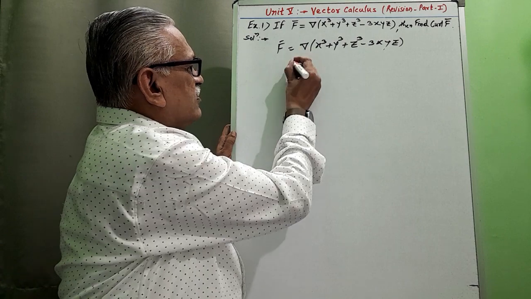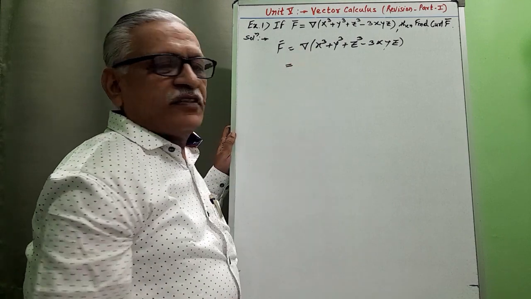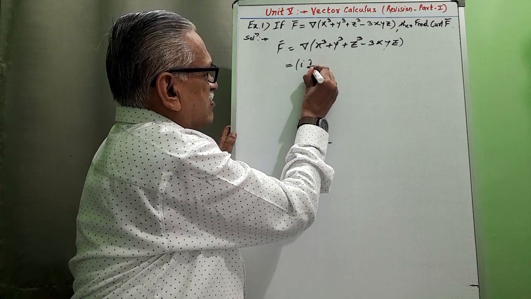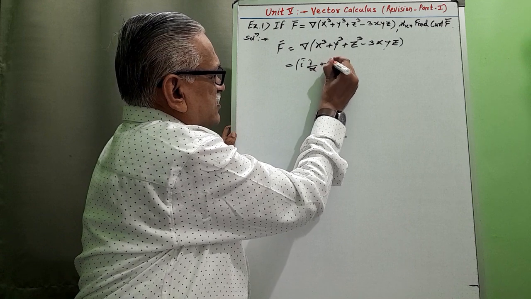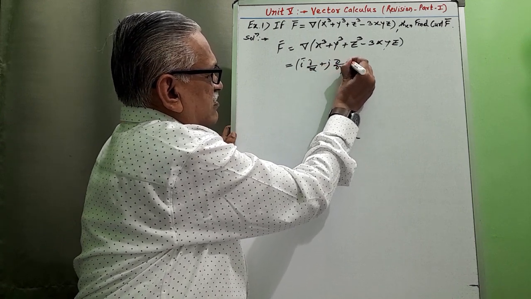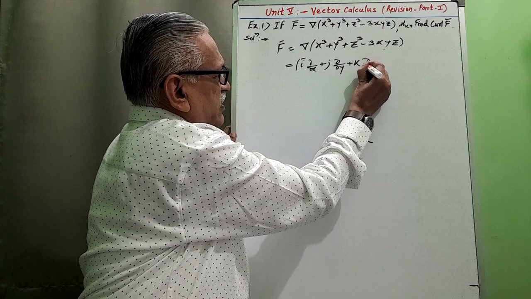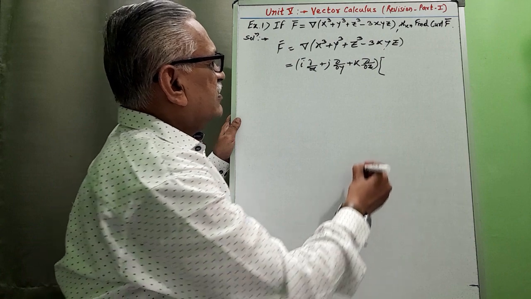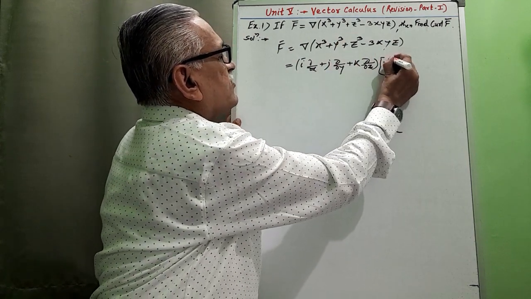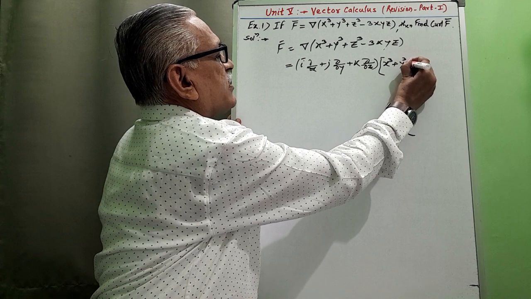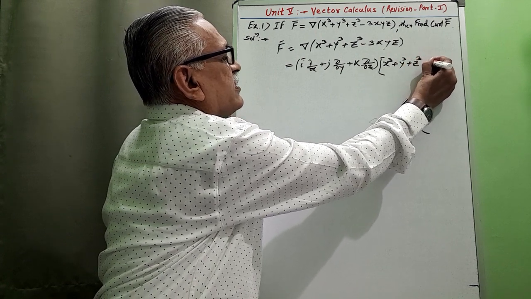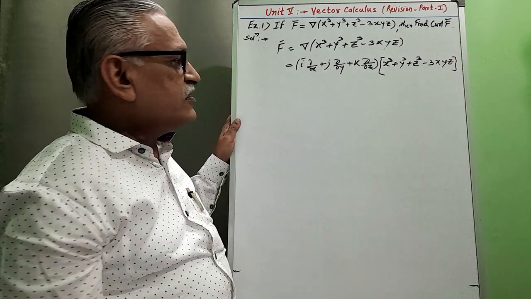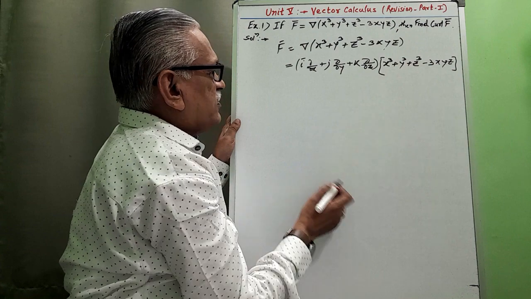and therefore as per definition of this del operator is i dou by dou x plus j dou by dou y plus k dou by dou z, which we operate on this function x cube plus y cube plus z cube minus 3xyz, and then operating this operator on this function we get